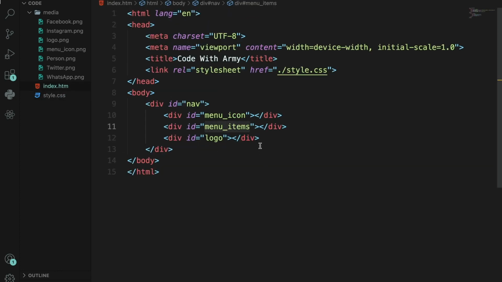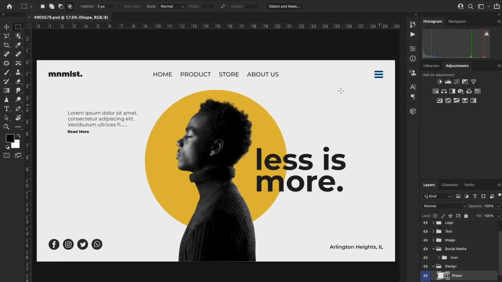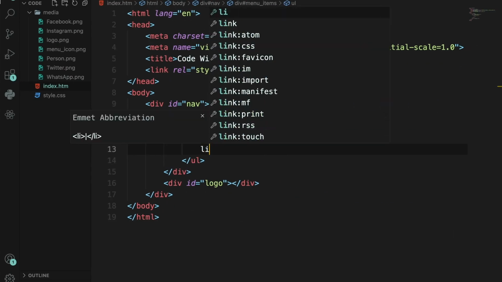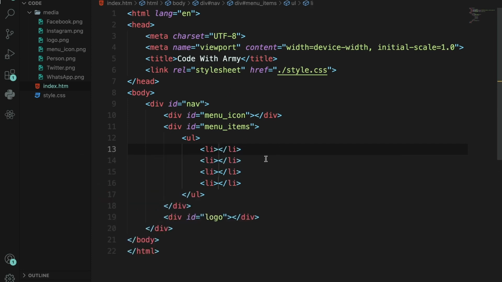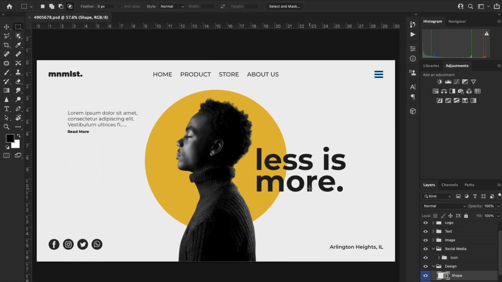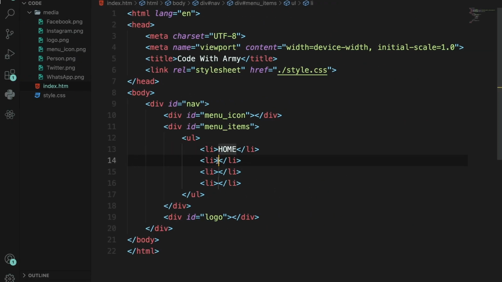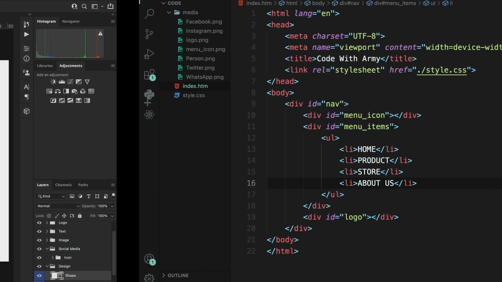In menu items, we need a UL with 1, 2, 3, 4 LI. Home, product, store, and about us. Home, product, store, and about us. Good. And for the last one, we need logo